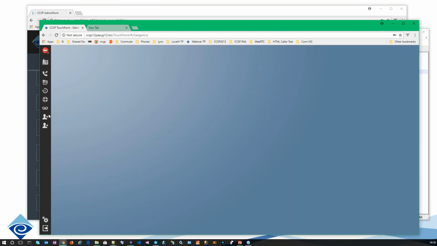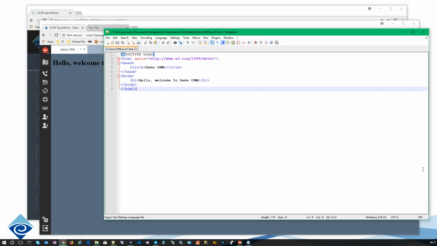And in Touchpoint, it appears as an icon in the gadgetry. Open it up, and there's our standard gadget. As simple as you can get really for a standard gadget. If we want to go on to the next level, where we're actually introducing some functionality and making use of the services that Touchpoint provides,